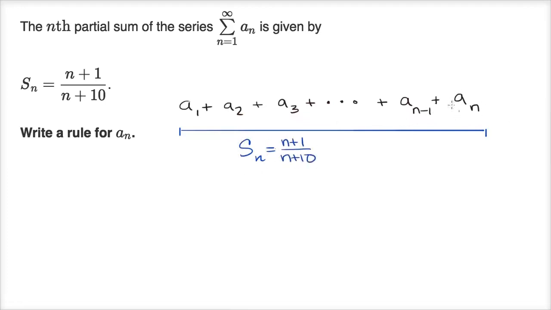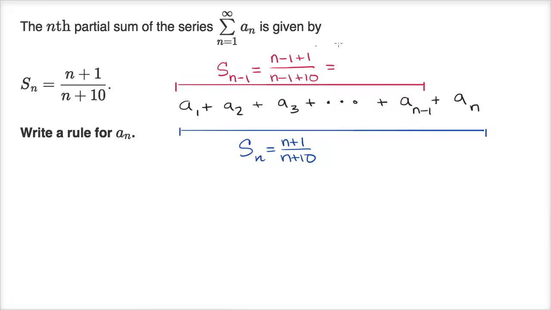Now if I want to figure out a sub n, which is the goal of this exercise, well, I could subtract out the sum of the first n minus 1 terms. So I could subtract out this. So that is s sub n minus 1. And what would that be equal to? Well, wherever we see an n, we'd replace with an n minus 1. So it'd be n minus 1 plus 1 over n minus 1 plus 10, which is equal to n over